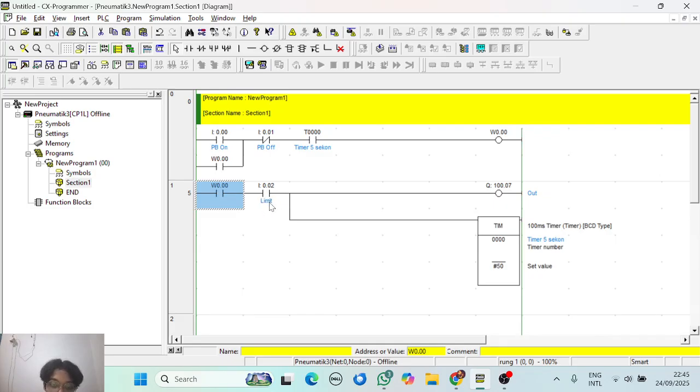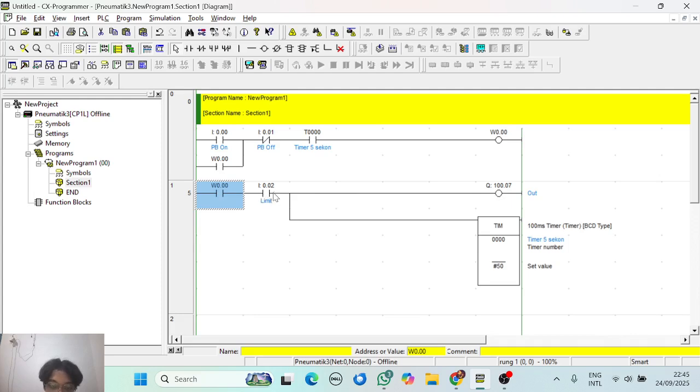We should trigger this limit sensor to make the signal from the relay continue to activate the output.